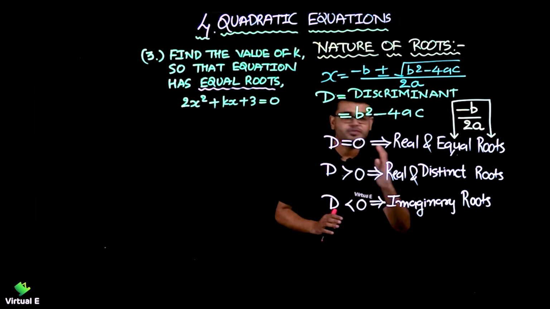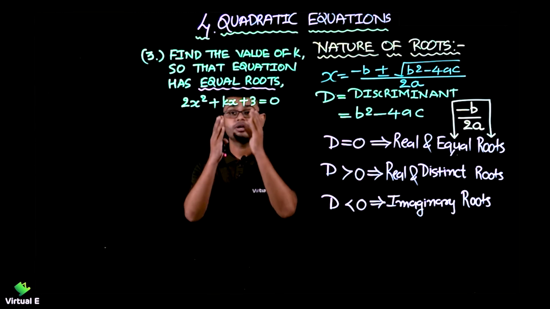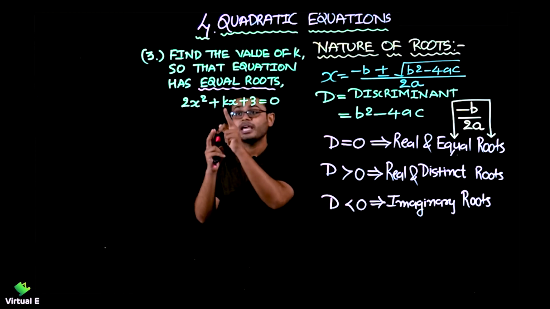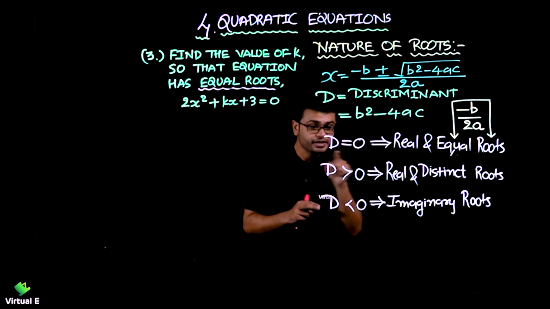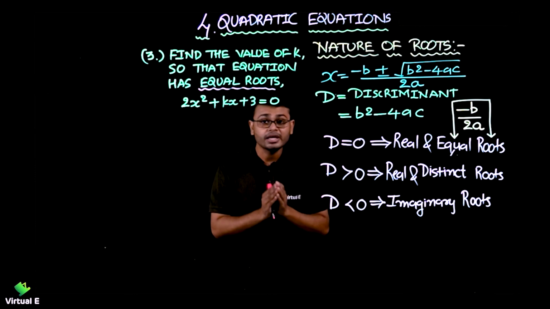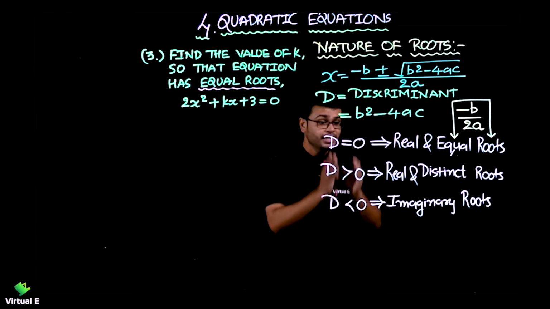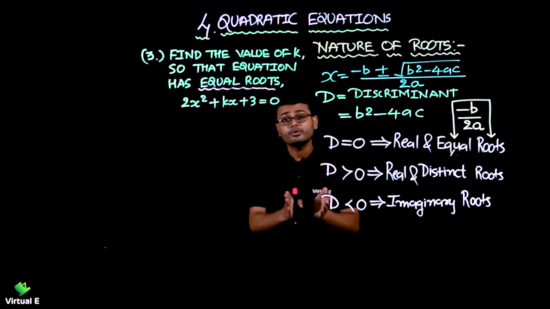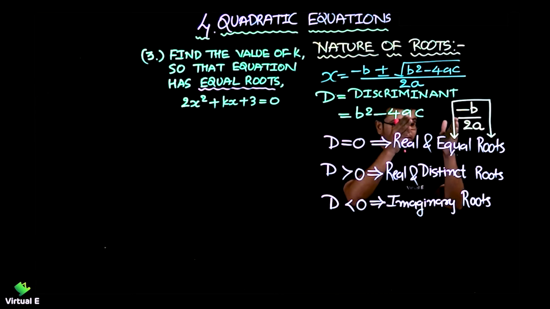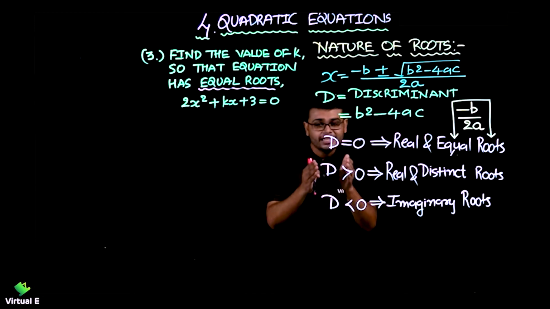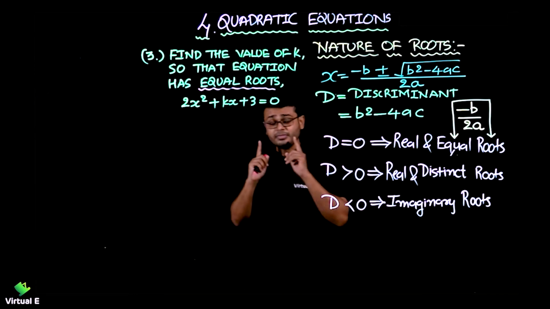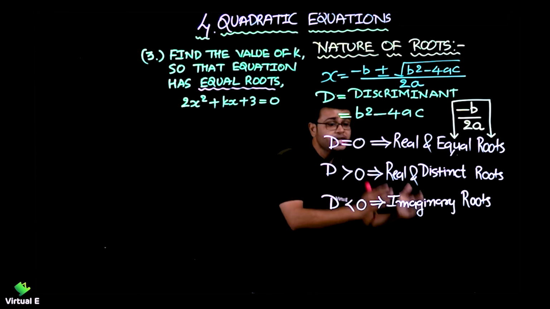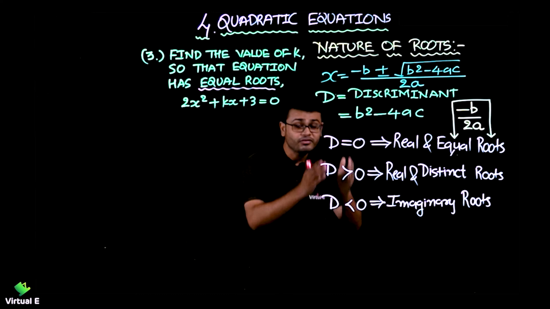We need to do the reverse procedure. We have equal roots, and then we are going to find the value of k with the help of this condition. So far, we were getting the value of D, then thinking about the nature of roots. Now we are going to do the reverse. We have the nature of roots, then we are taking the value of the discriminant. Clear? Nature of roots is given and we are going to get the value of the discriminant.